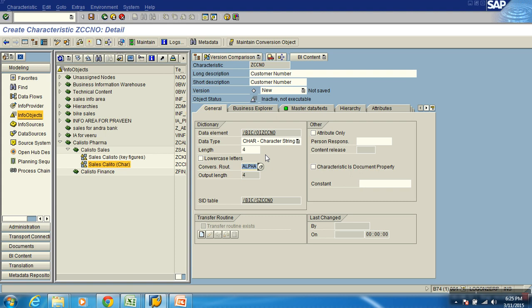For example, let's say I have a customer number of NUMC length 10. But I'm inserting only customer number, say 100, and the remaining 7 characters are blank. While inserting, I want the left padding to be done with zeros. Again, when it comes back to reporting, I want those zeros removed and shown as 100. Clear on this? To do all this left padding with zeros and remove that left padding of zeros, ALPHA conversion takes care of it.